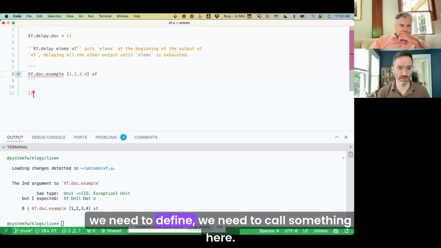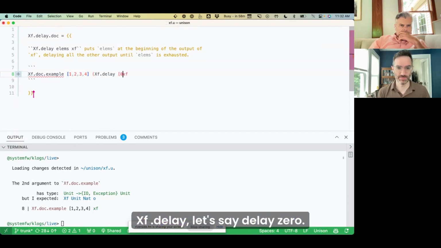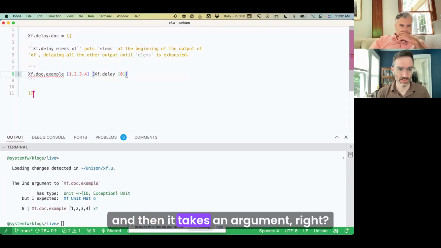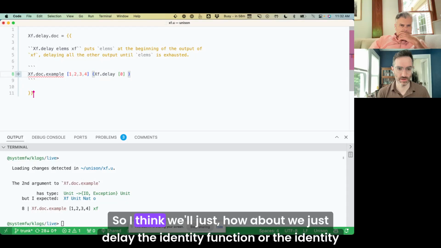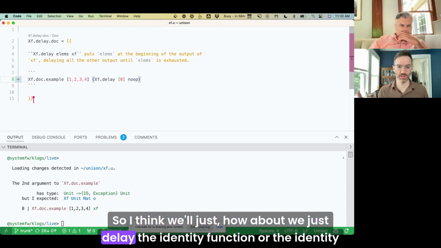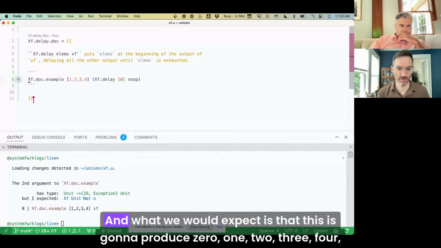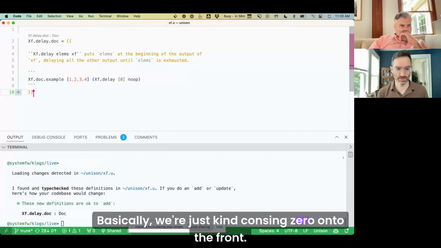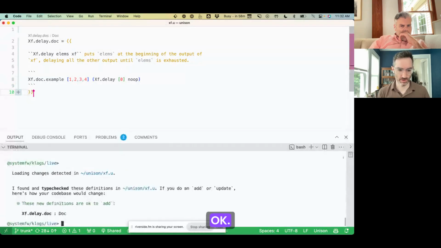Oh, we need to call something here. xf.delay. Let's say delay 0. Oh, and then it takes an argument, right? So how about we just delay the identity function or the identity transform? And what we would expect is that this is going to produce 0, 1, 2, 3, 4, right? Okay. Basically, we're just kind of consing the 0 onto the front. Okay.